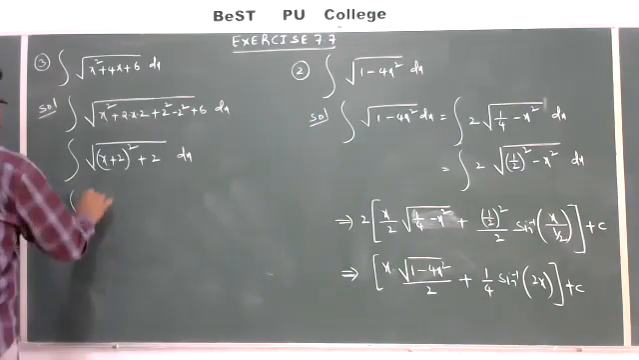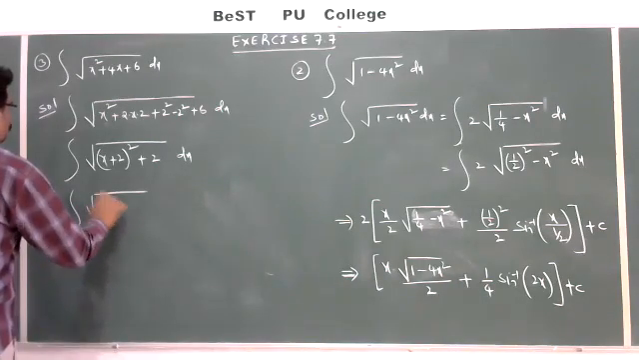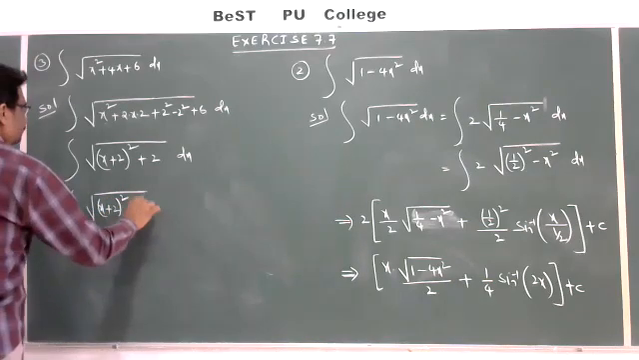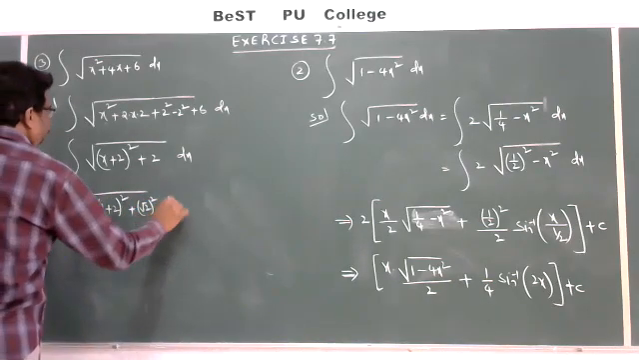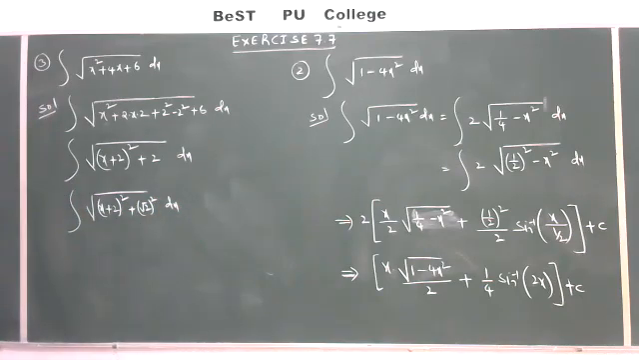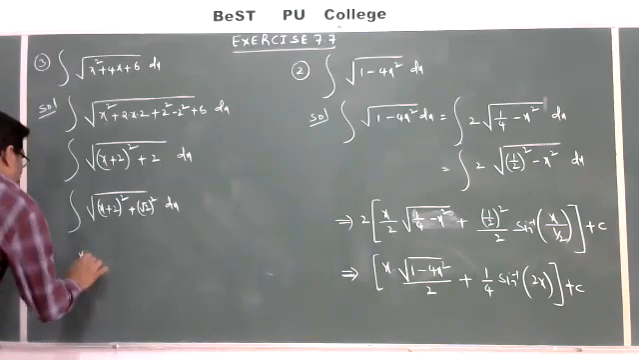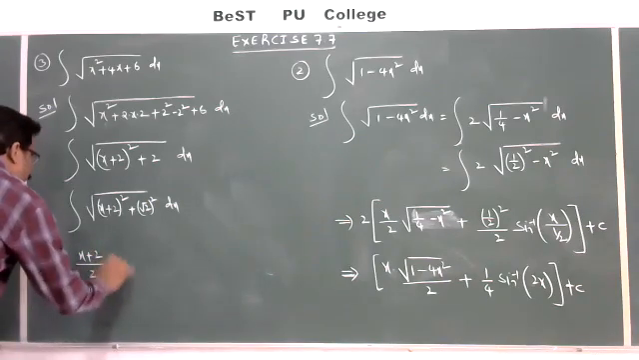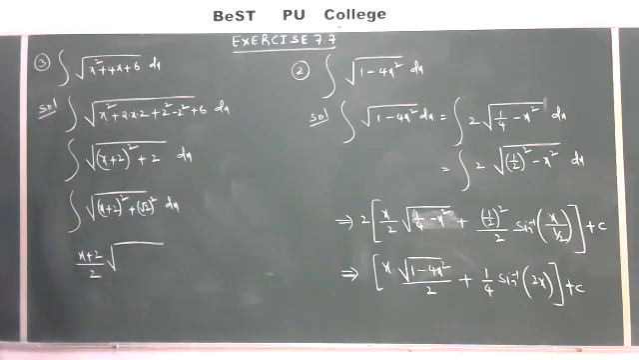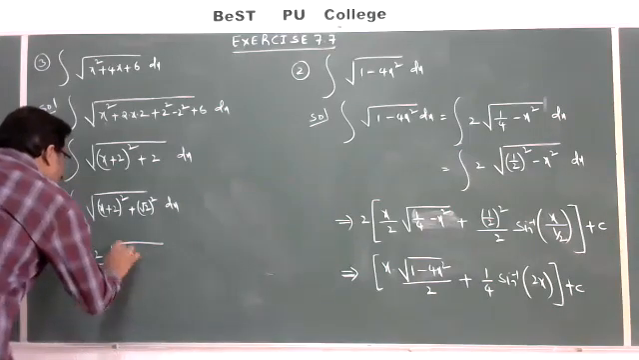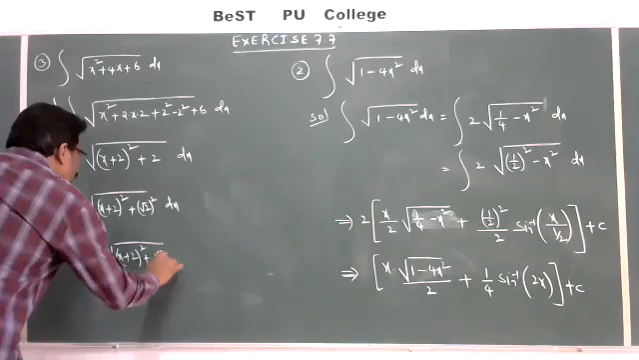That is integral root of x plus 2 whole square plus this is root 2 whole square dx. 2 is root 2 whole square. This is in the form of x square plus a square. Here x is x plus 2. This is in the form of root of x square plus a square. So formula is x by 2, that is x plus 2 by 2 into root of x square plus a square, that is x plus 2 whole square plus root 2 whole square